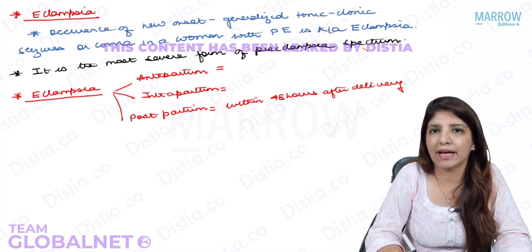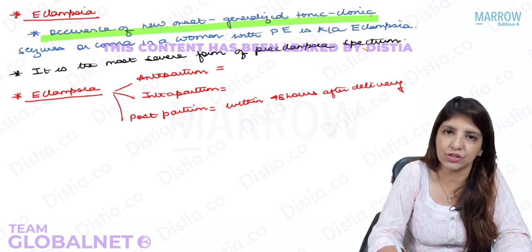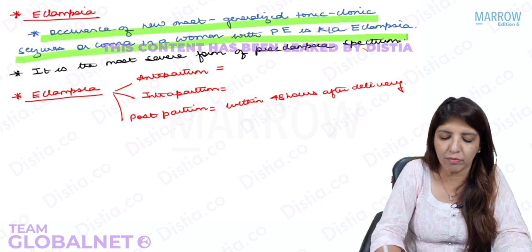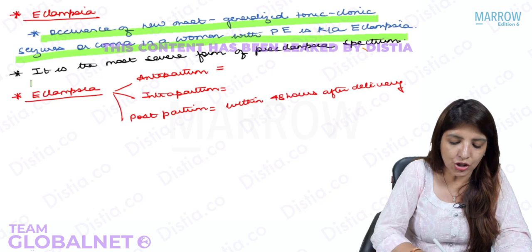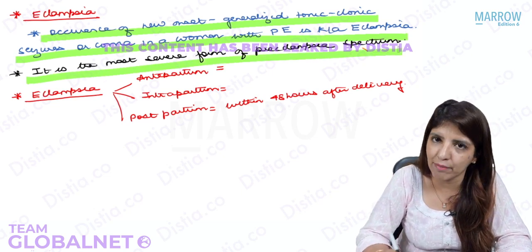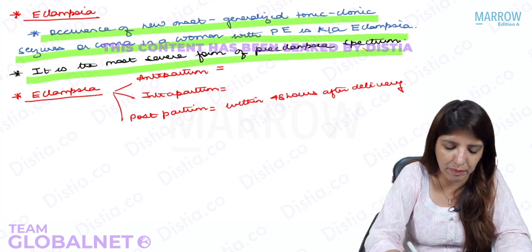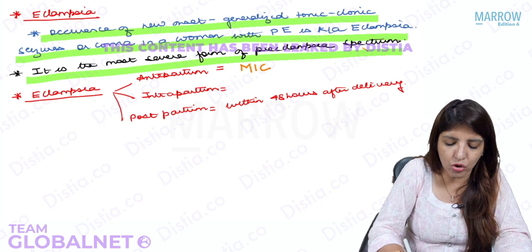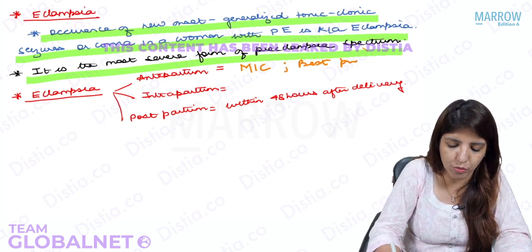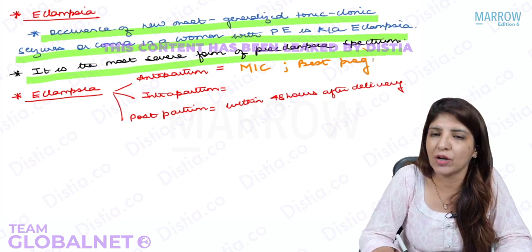As I told you, eclampsia means occurrence of new onset generalized tonic-clonic seizures or coma in a woman with preeclampsia. It is the most severe form of the preeclampsia spectrum. Now, eclampsia can happen during pregnancy, when it will be called antepartum eclampsia, which is the most common type of eclampsia, and it is the one which has the best prognosis. Or it can be intrapartum, that means when the convulsions are thrown for the first time during labor,